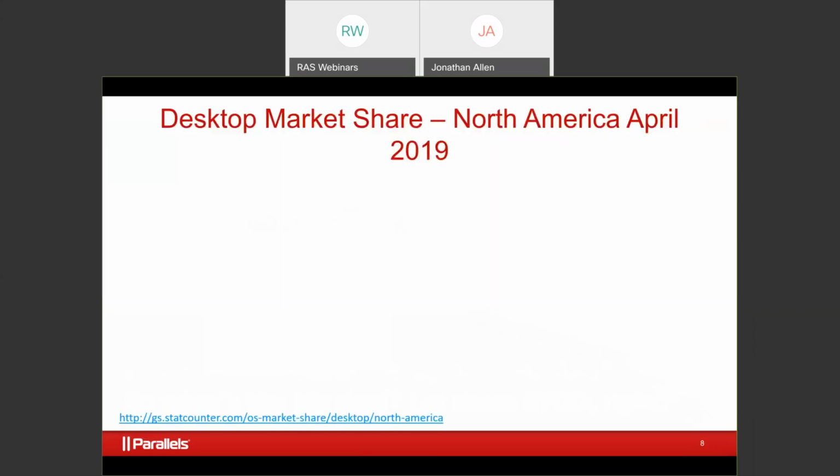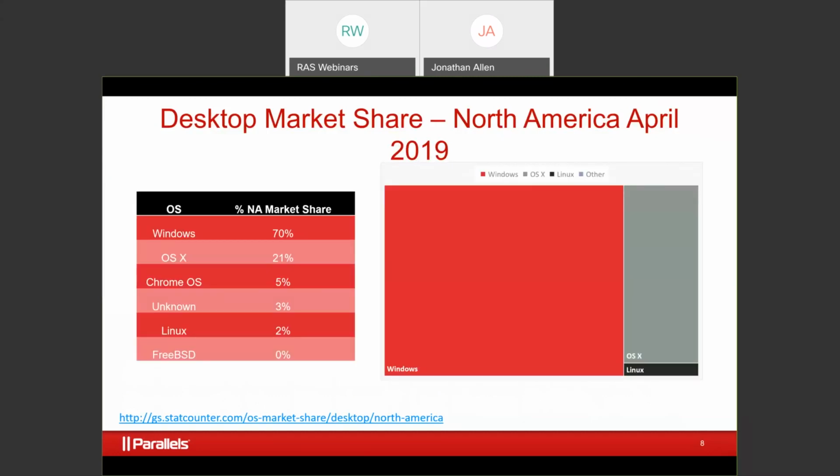Now let's take a look at the market share last year for Windows devices. This is enterprise devices across North America. 70% of the devices out there in the world were Windows based. 21% were OS X, and then we had a smattering of the remainder. So you might think, okay, if 70% of my end users are running Windows, that's really where I have to spend my time. I have to spend my time managing that kind of process, that kind of end user experience. And then I'll just piecemeal the other stuff, how we're going to support Macs or Chromebooks or something else like that.